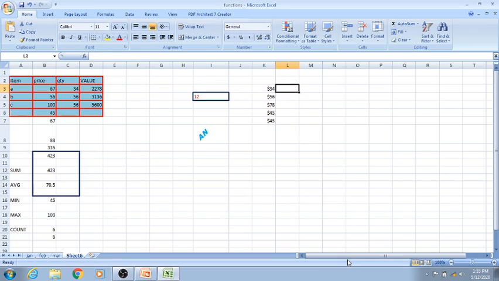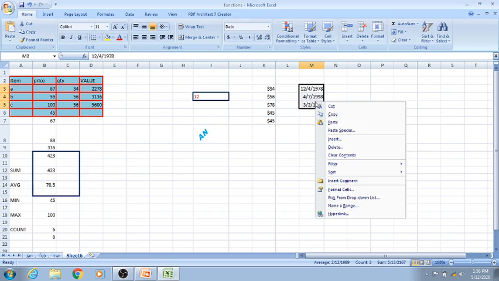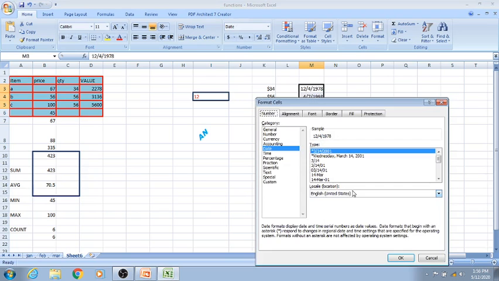Now if I have entered dates, suppose I have written 12/4/78, 4/7/98, 3/2/90, like this. Select it, right mouse button, Format Cells. Now these are the types for the date.